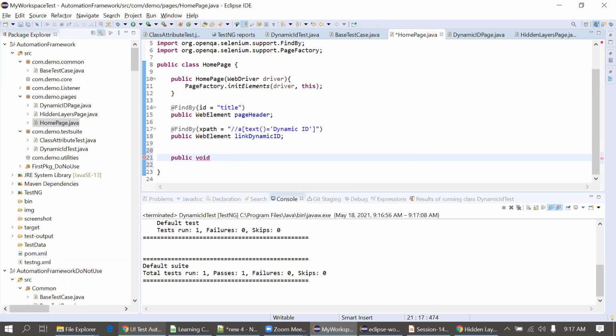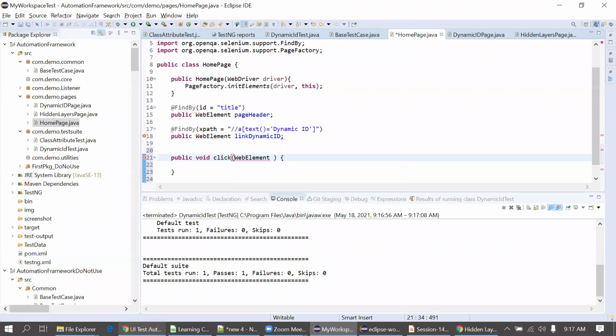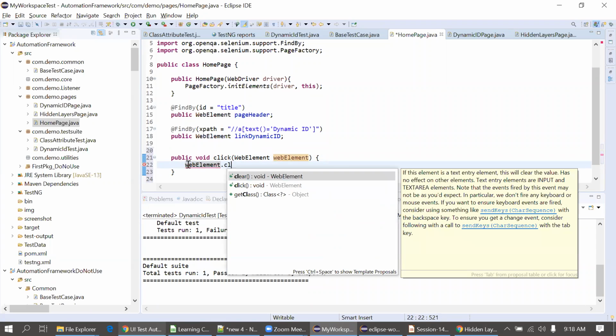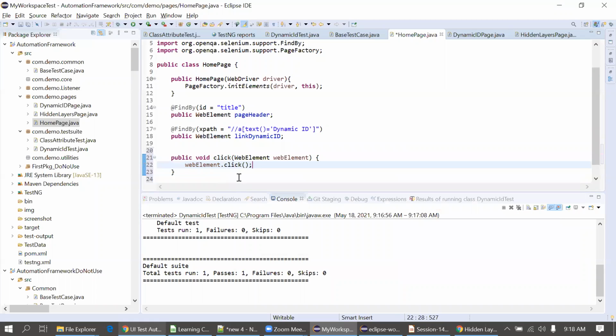I will simply put the click and we'll pass the web element here. Web element, okay, and web element dot click.